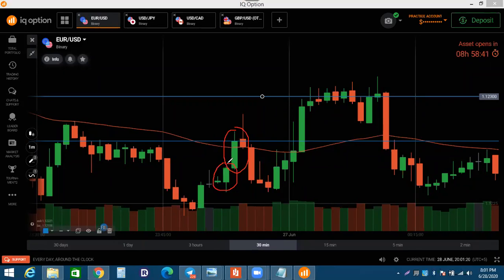Anomalies we will use when the trend is weakening, or the trend is increasing, or the trend is getting power. In this case, when we are trading in the trend, this anomaly gives us a signal that this trend is not going perfectly. In the near future you will find the signal, then you can place a trade, it will go down. Anomalies and validation we will use for trend continuation and trend reversal, but